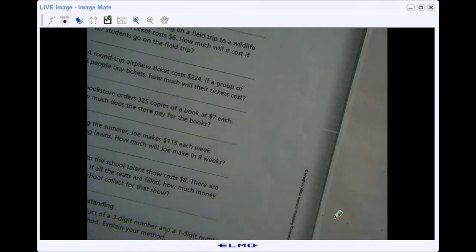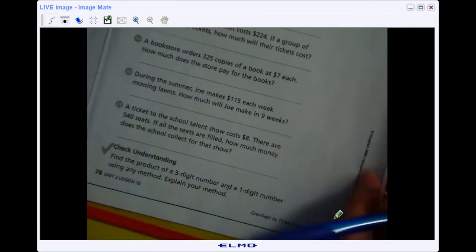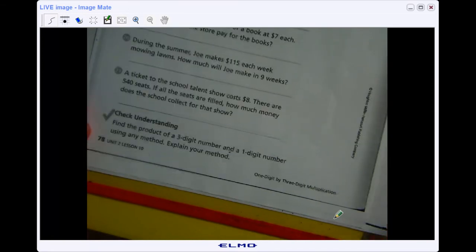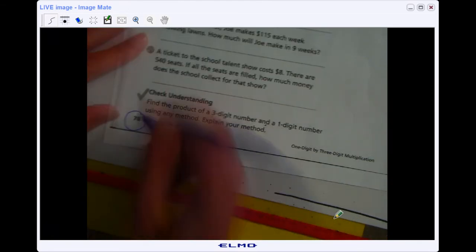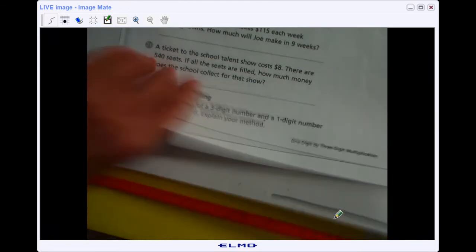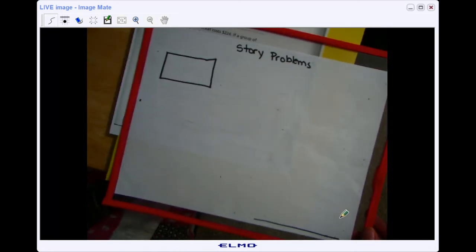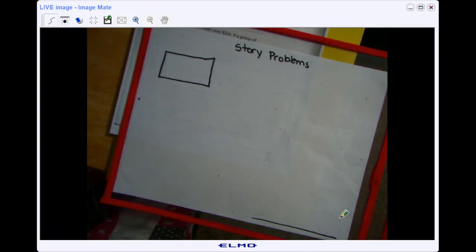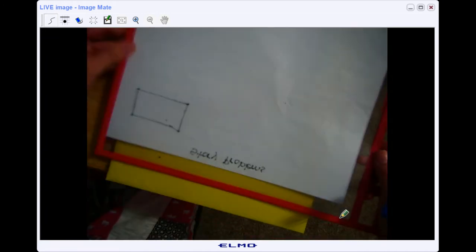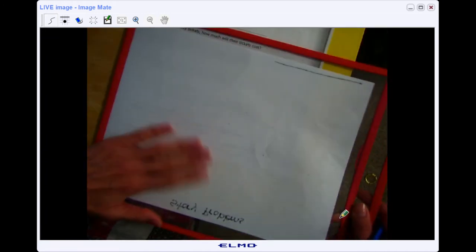And so what you're going to need is your math workbook, page 78. And then you're also going to want your whiteboard with your whiteboard supplies. And I'm going to use my story problem template today. If you have your story problem template, great, you can use that. I sent it home with you on our last day together. If you don't have that, then you can just use a plain white piece of paper too, and that would